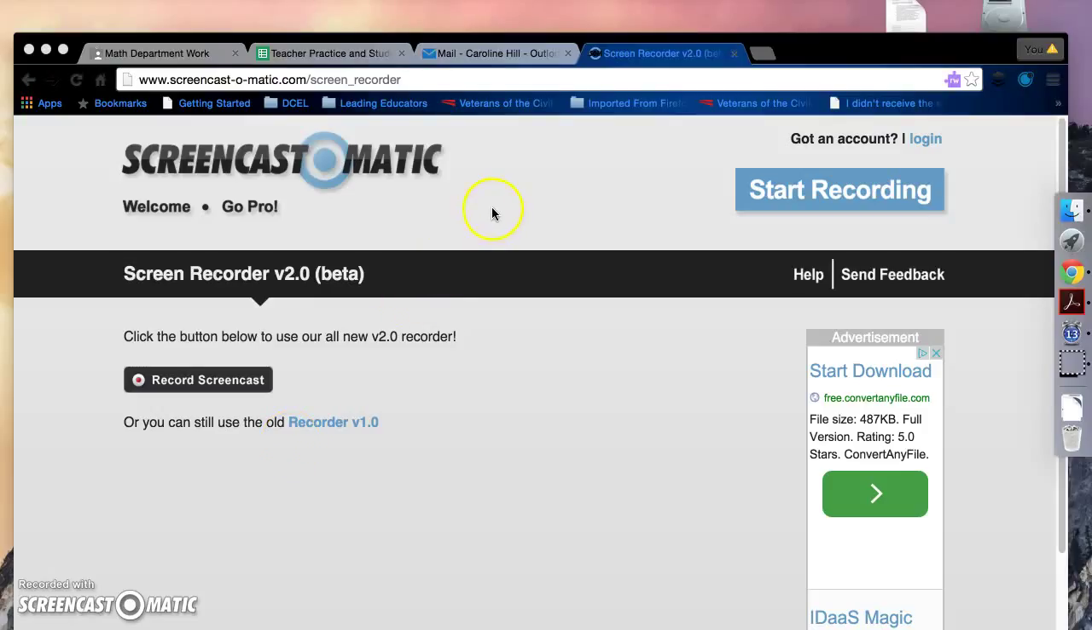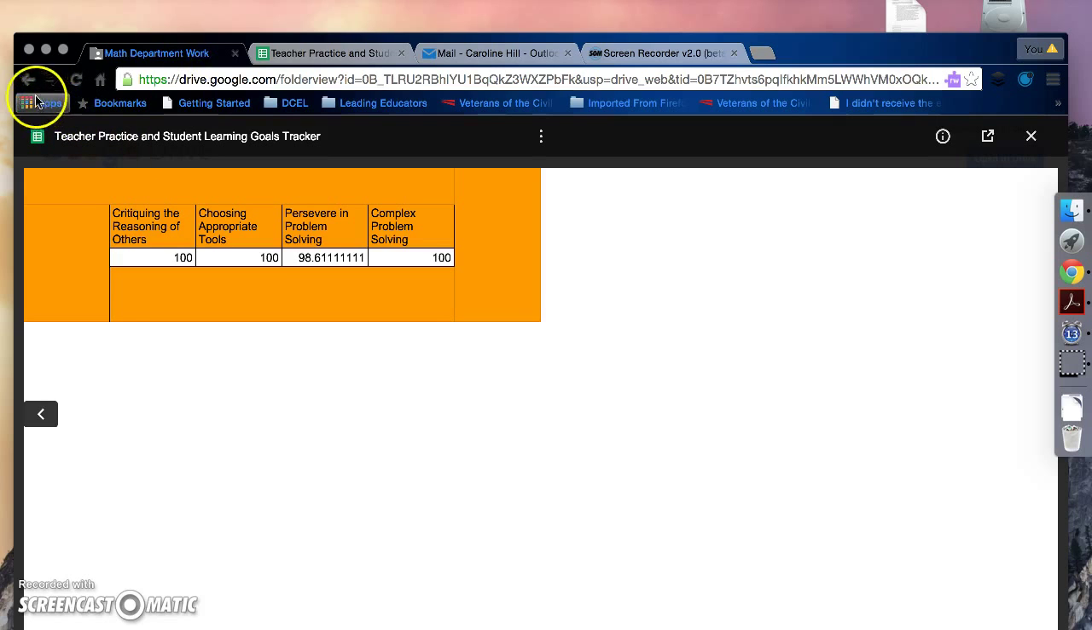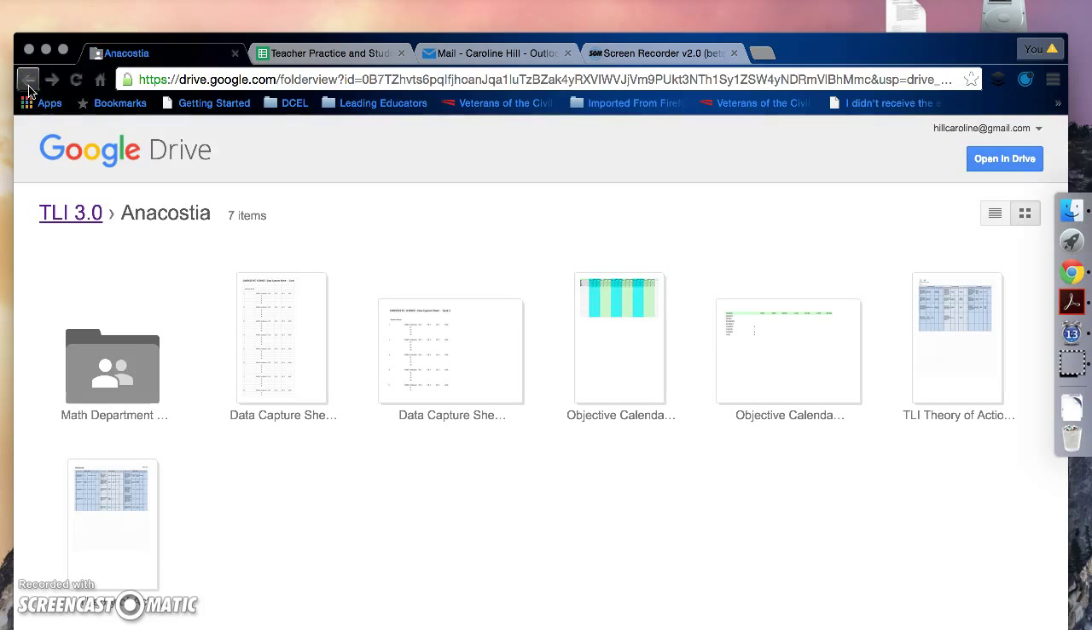Just wanted to check in with you to see how the teacher practice trackers are coming. So I wanted to make this quick recording in case you had a difficult time finding it. First, all these things that I shared, if you have a hard time finding them, they're in the math department folder, in the Anacostia folder, and the TLI big folder. So if you click on this,